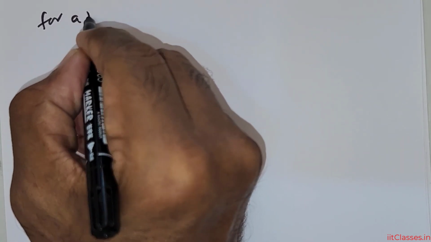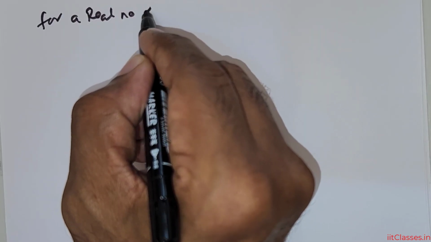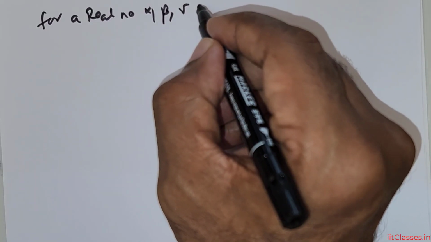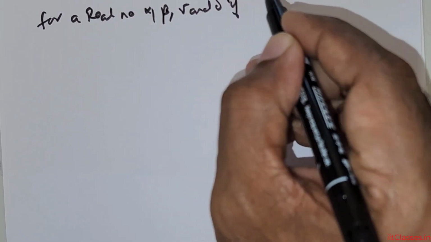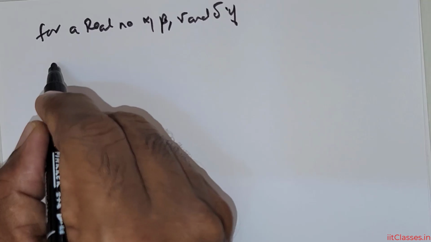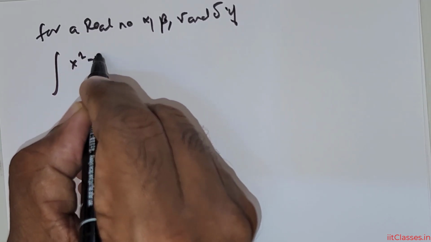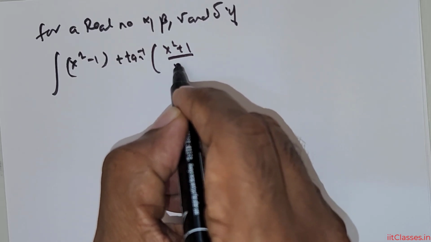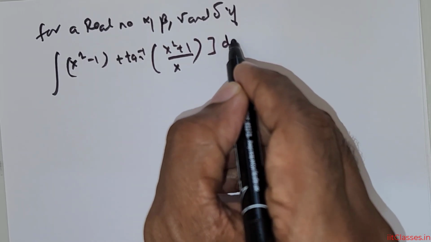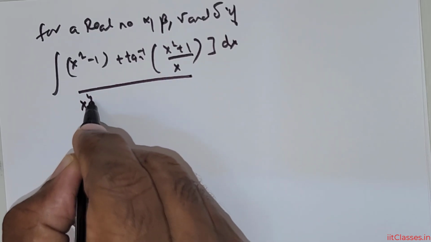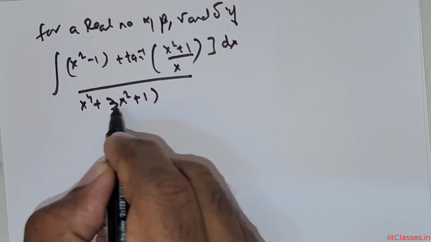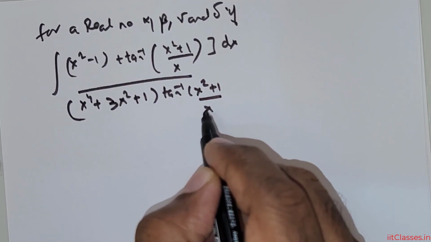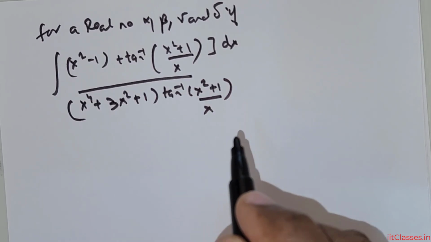Students, we have this question. For real numbers alpha, beta, gamma and delta, if we are given the integral of (x squared minus 1) times (tan inverse of (x squared plus 1)/x) dx divided by (x to the power of 4 plus 3x squared plus 1) times tan inverse of (x squared plus 1)/x,